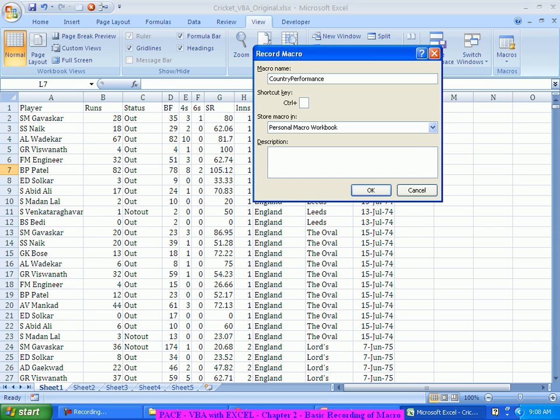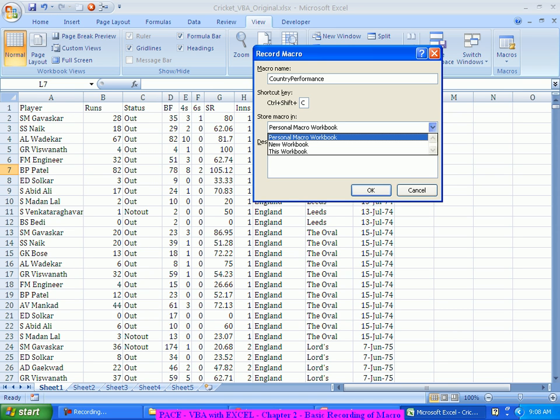So give something else. Here give Control capital C, because it's case sensitive. Then Control normal C will be for copy and capital C will be for Country Performance. Now the next thing it asks is, where do you want to store this macro?